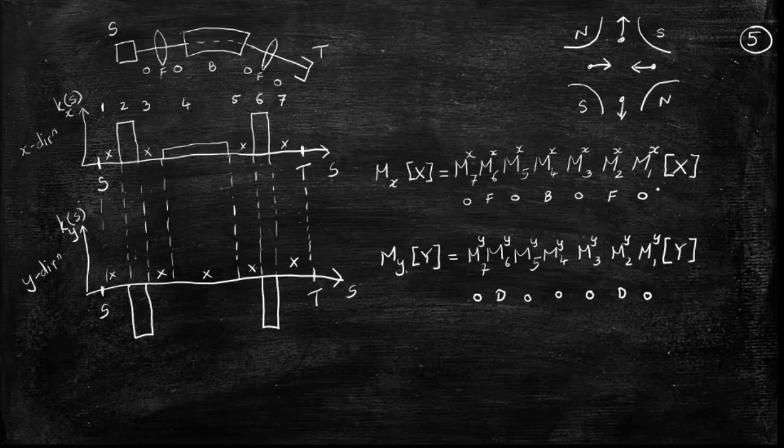Each of these matrices, you already know how to write them down. For a drift space, it is [1, s; 0, 1], or [1, l; 0, 1], where l is the length of that drift space. Then for a dipole magnet, it is what you saw, [cos(s/r), r sin(s/r); -(1/r) sin(s/r), cos(s/r)]. For a thin lens, it is [1, 0; plus or minus kl, 1], where plus for defocusing and minus for focusing, and so on and so forth.